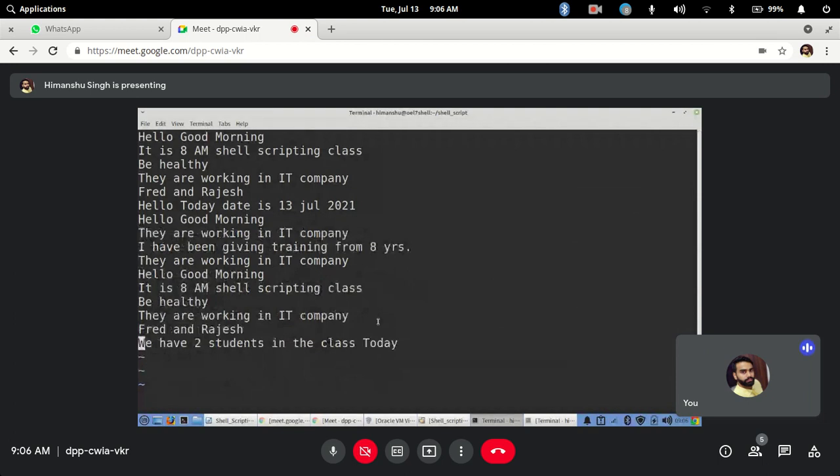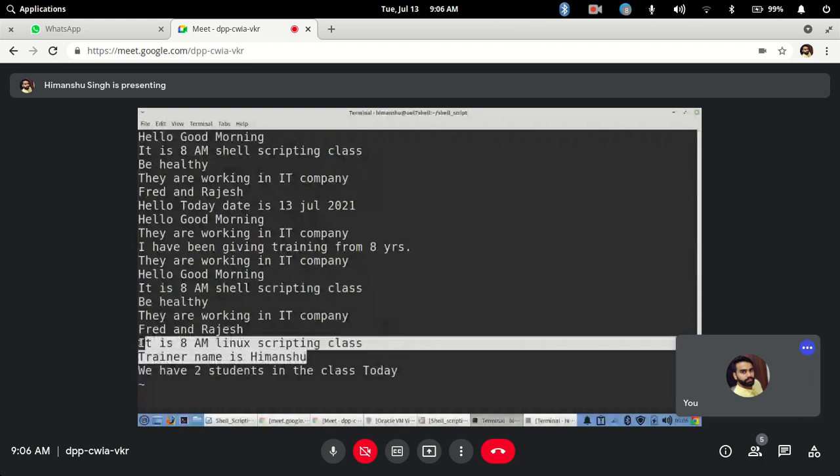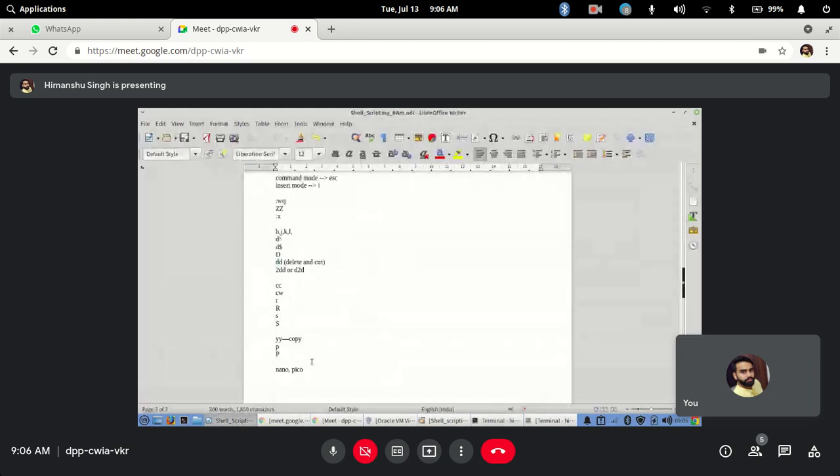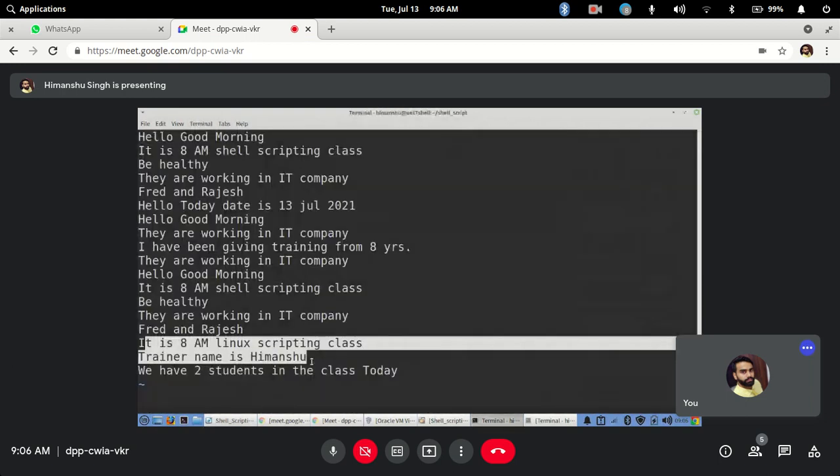So I will use Shift P and it has pasted above that particular line. So it has removed. Clear? So this way you can use copy and paste. Got it?